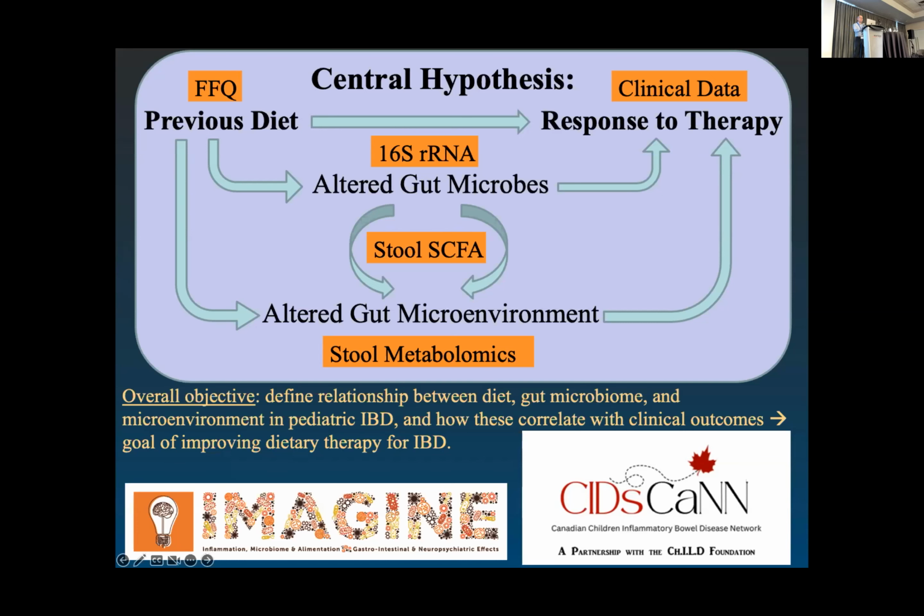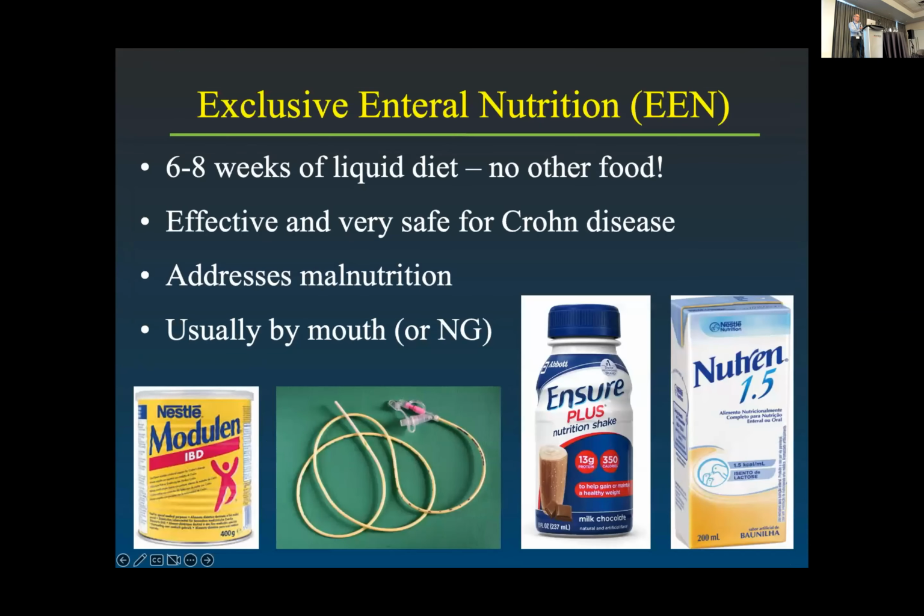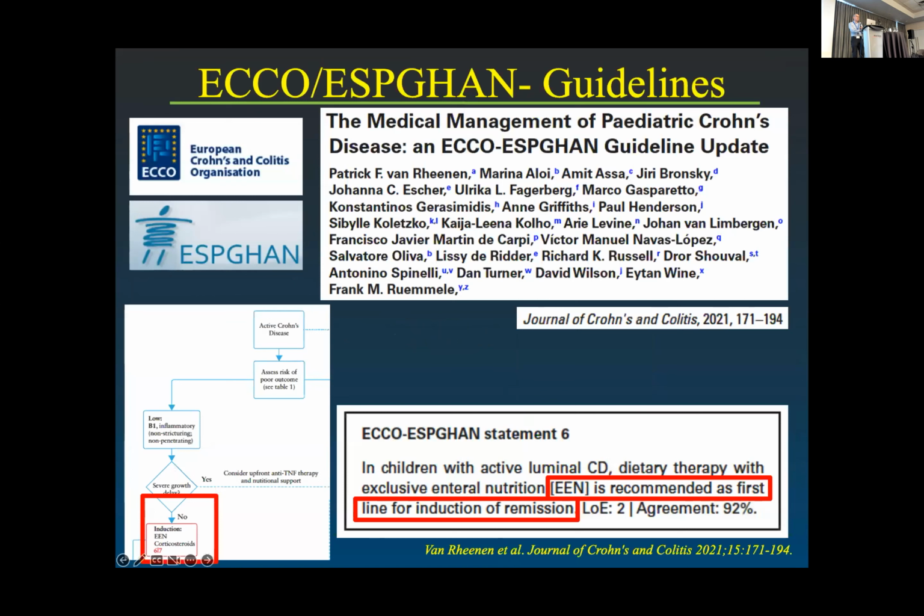The clinical intervention or treatment that we're looking at is exclusive enteral nutrition. This is unique to pediatric Crohn's disease. I won't go into much detail because of time, but for 6 to 8 weeks, these children stop eating normal food and are exposed to some of the formulas that you see over here. Remarkably, it has a very dramatic effect. It's effective in about 80 to 85% in getting them into remission. It's not very sustainable beyond that, so we have to put them on other therapy, but it is considered the first line therapy by the guidelines that we follow for the treatment of pediatric Crohn's disease.